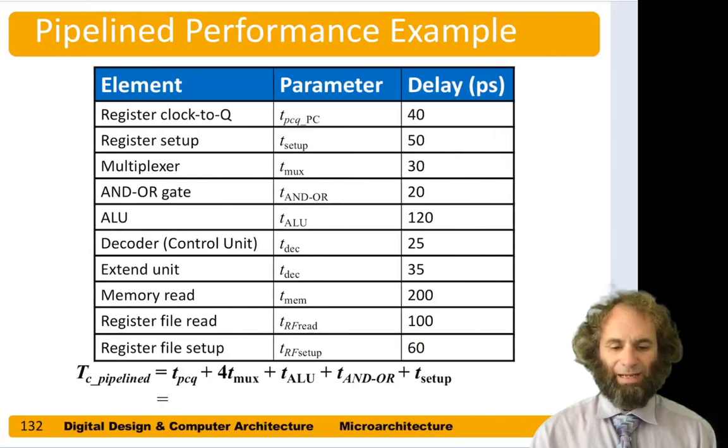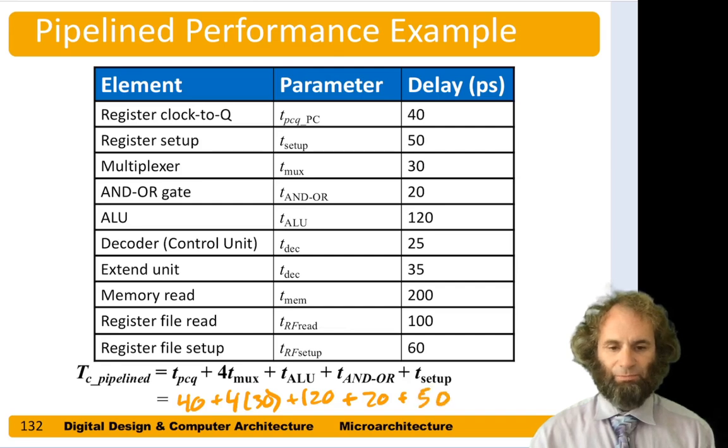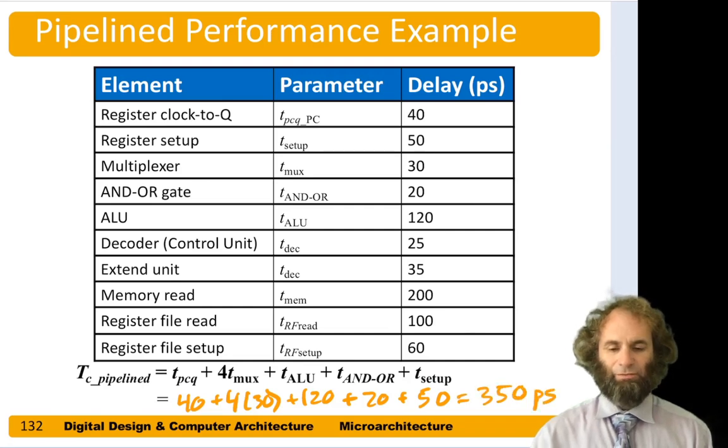So that's our longest path, and we find TPCQ is 40 picoseconds plus 4 muxes, each with 30 picoseconds, plus the ALU is 120 picoseconds, plus the AND/OR logic is 20, plus a setup time of 50 is giving us 40, 120 makes 160, 280, 300, 350. So 350 picoseconds. It's not quite as good as the 200 picoseconds we hoped that we might get with just the memory read being on the critical path, but it's still a whole lot better than the 750 of the